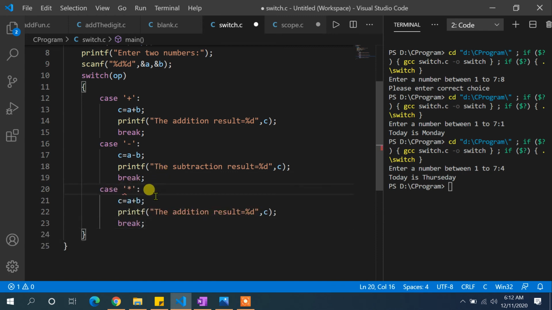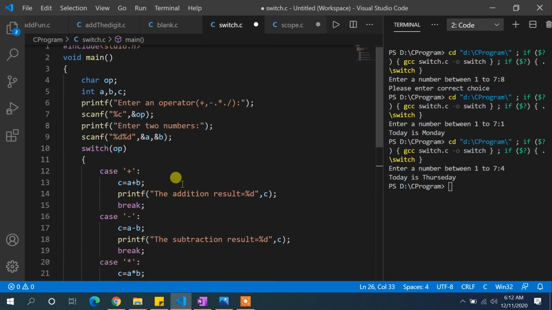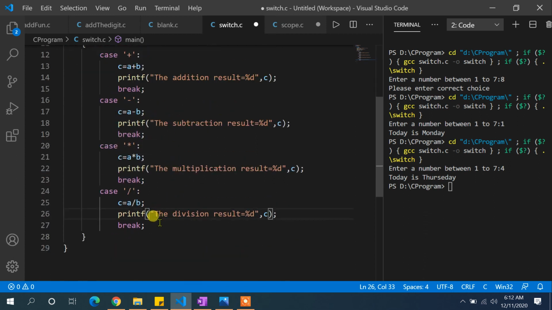So I need to put the multiplication symbol over here, and we need to put the multiplication symbol over here as well, and we will write the multiplication result is equal to %d, c. And finally we are going to use case divide, and for divide I'm going to write a divided by b. Then the division result is equal to %d, c. So this is representing all the cases.